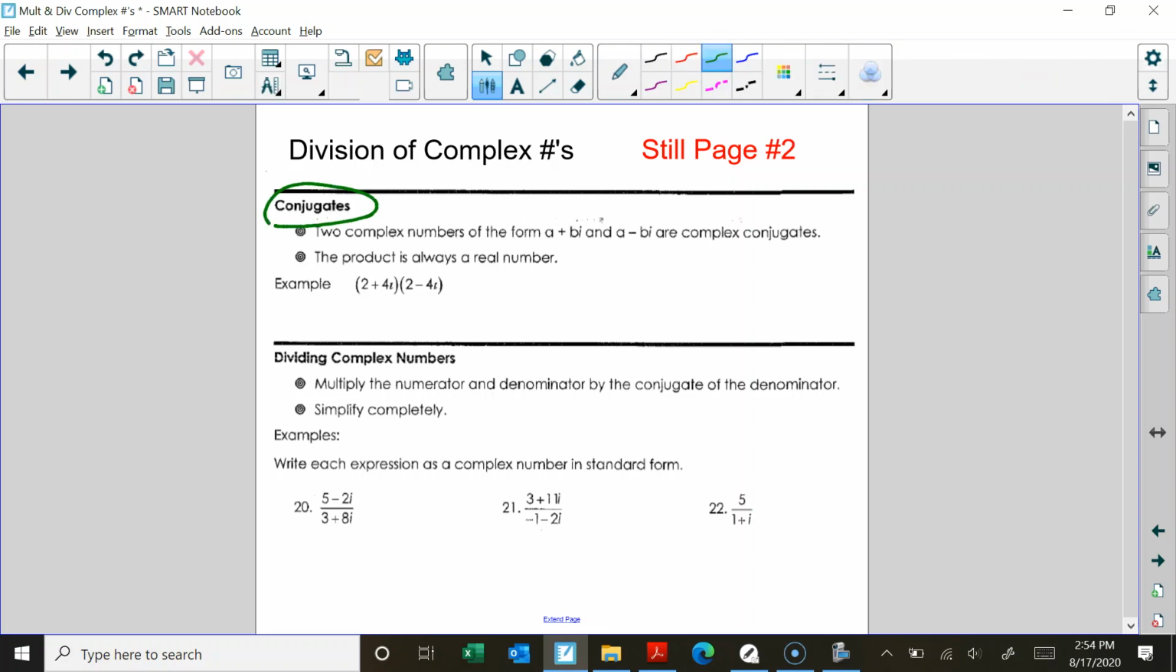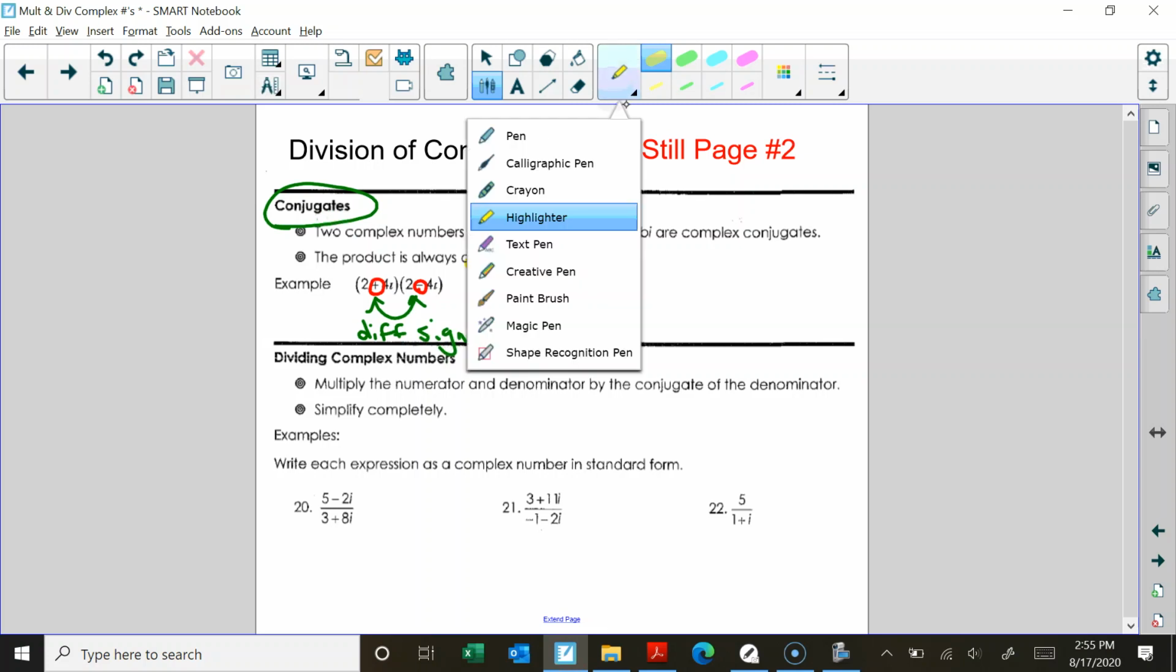A conjugate is a pair of complex numbers with different signs. You'll notice that the two binomials have the same numbers, but the imaginary part has different signs. One of them is positive and one of them is negative. These two things are called conjugates. And what they do is they basically cancel out the imaginary part and give you a real number. So when you multiply these two together,